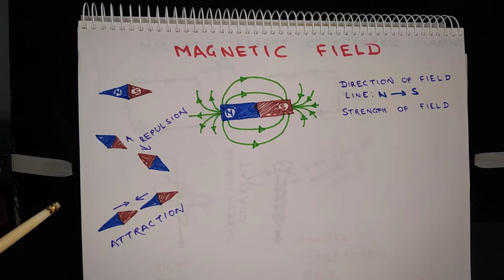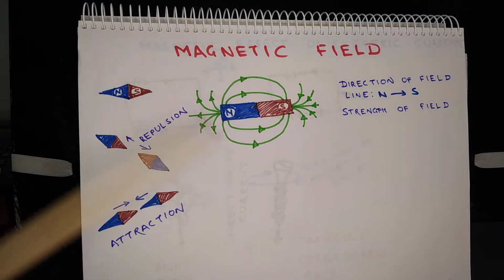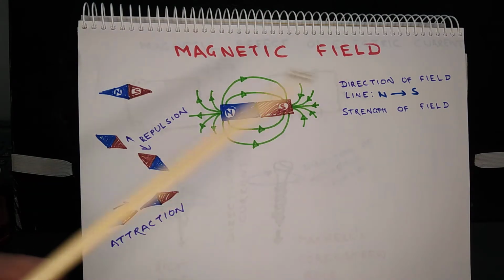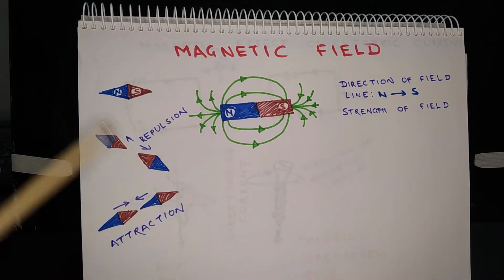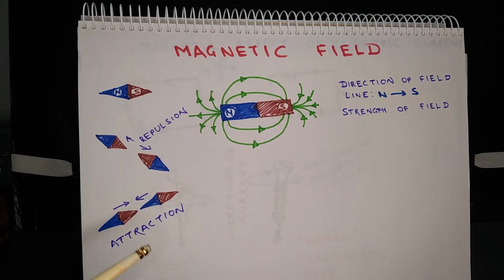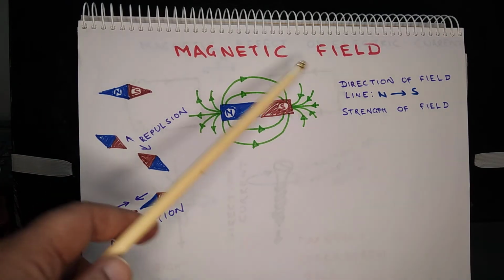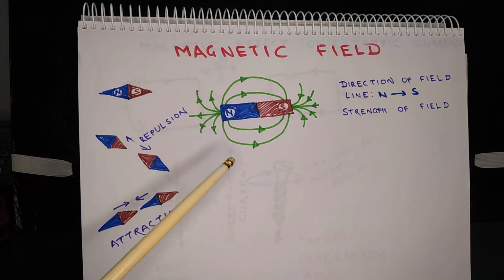Magnetic field can be represented by magnetic field lines, and the field lines are imaginary lines to represent the magnetic field. The magnetic field lines appear as concentric lines. They will appear as parallel when they are straight, and they originate from the north pole and go to the south pole of the magnet. Inside the magnet, they originate from the south pole and end in the north pole.